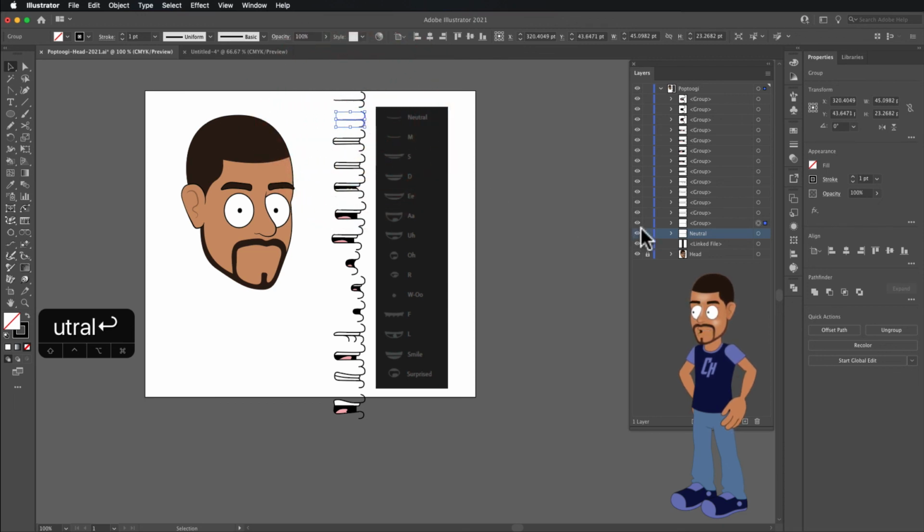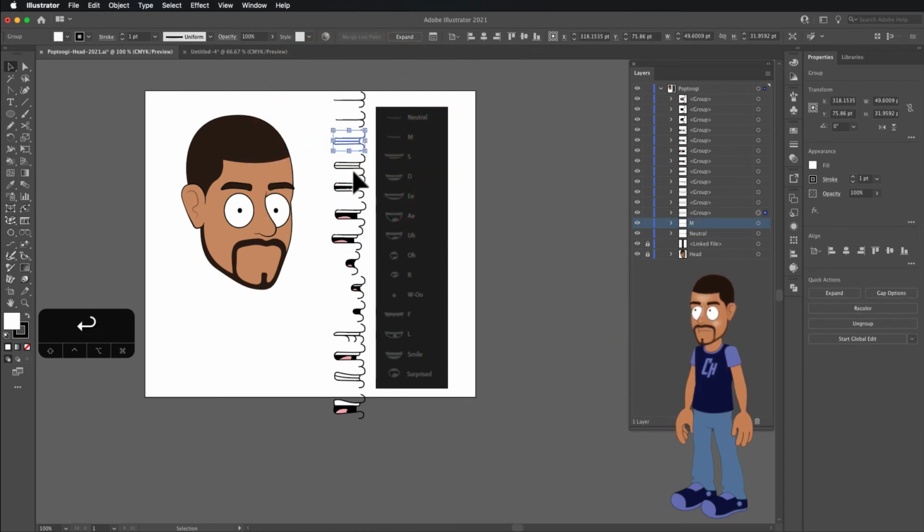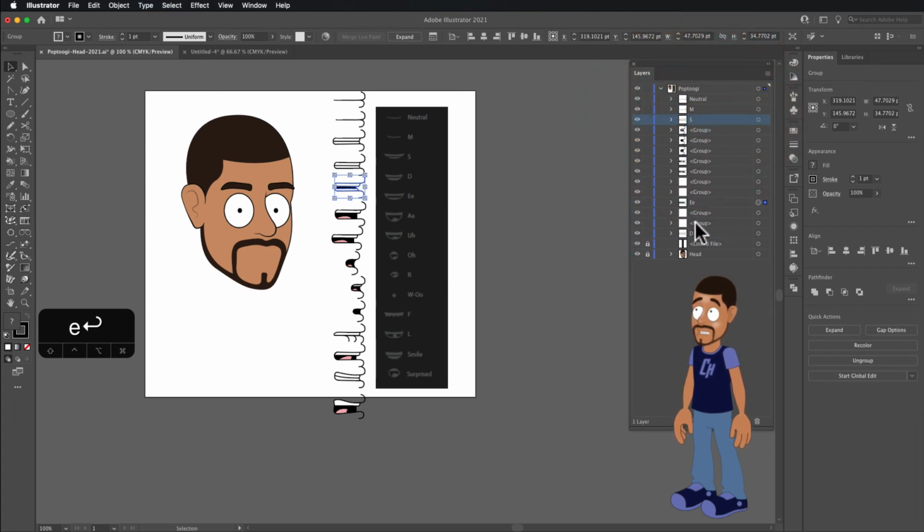That's neutral. We'll select the next one, and that is the M mouth. So we'll double click it, capital M, hit return. Select the next mouth. That's S. Double click, S. This one is D, capital D. This one is E, and I'll double click that one, capital E, lowercase e, return. You notice that wasn't quite in the right place. Let's go ahead and I'm going to put these in the correct order too as I'm going. So we'll go neutral at the top, then M, then S, left clicking and dragging, then D, then E, and